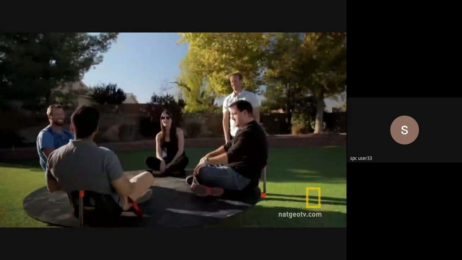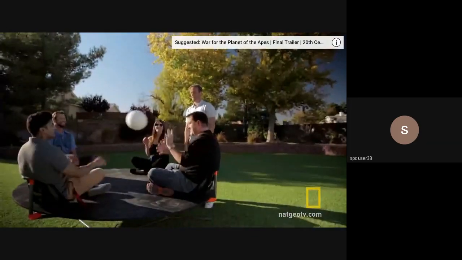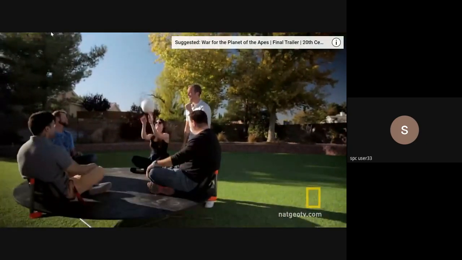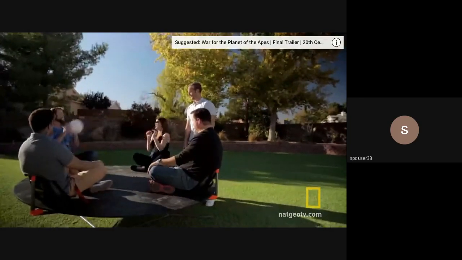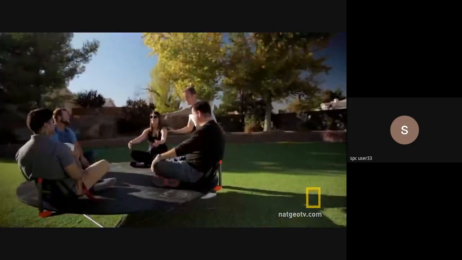With a simple game of catch, I think I've found a way to show an effect that will have you doubting your very own eyes. Now, they don't know it yet, but our budding ball players sitting on our specially rigged merry-go-round are about to demonstrate a rather astonishing optical illusion. Right, here's the game, right? You're going to throw the ball straight to, what's your name, Victor, right? Yeah. But this time, I'm going to complicate things slightly.